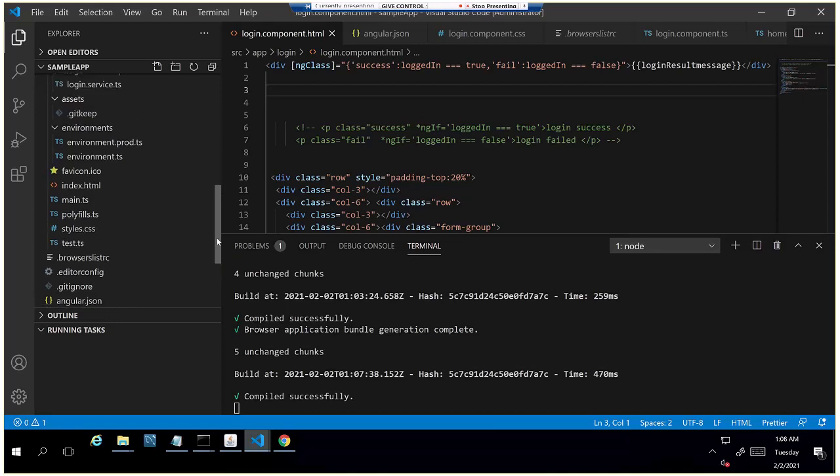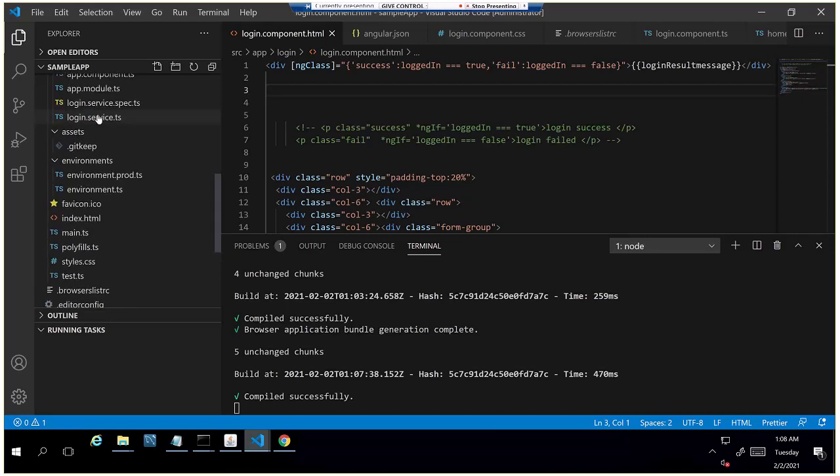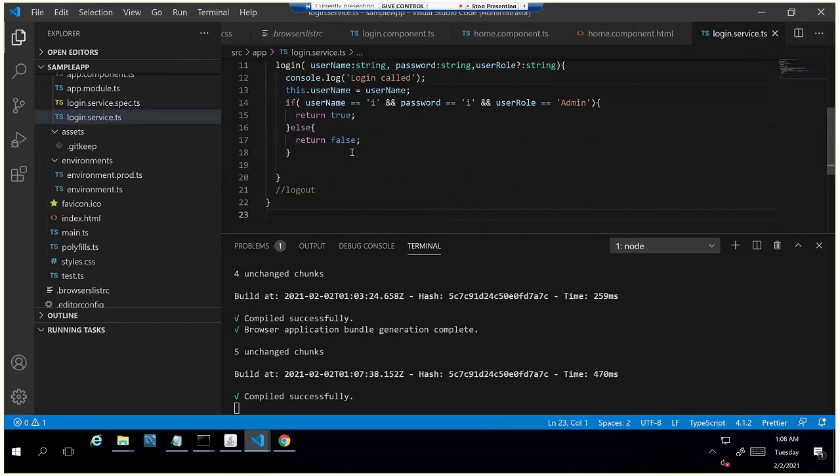Okay. So for that, in the login service, I'll create another method called get all students. Inside this method, I'll create a student object and return that. I'll create a student list equal to an array I have created, and here